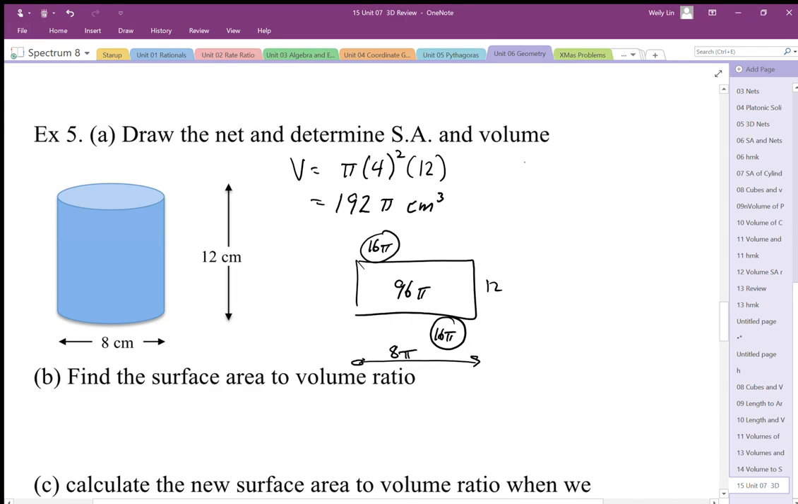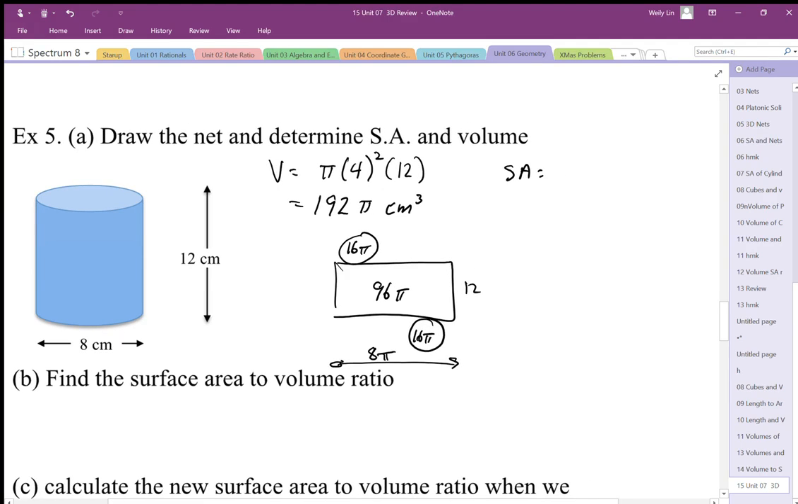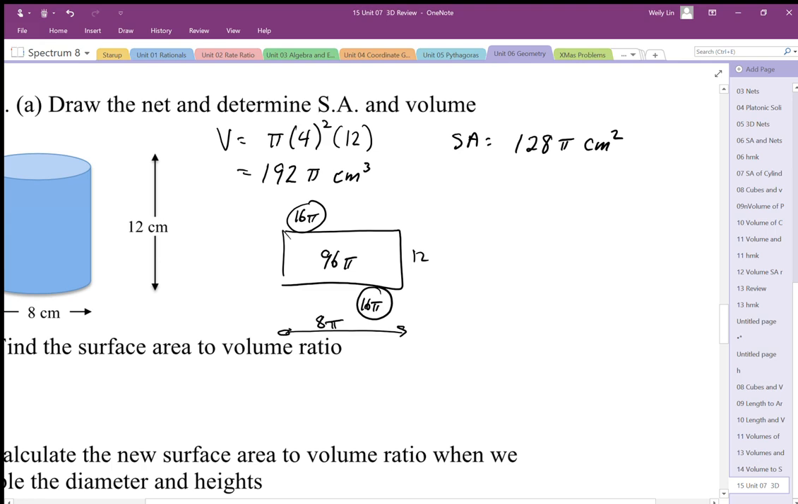So then the surface area, just again make sure that you keep this organized, is going to be 96 pi plus 16 pi plus 16 pi, or 128 pi, and this time it's going to be centimeters squared, because we're talking about surface area. The decimal values for these again: 128 pi works out to be approximately 402.12 centimeters squared. Okay, 192 pi works out to be 603